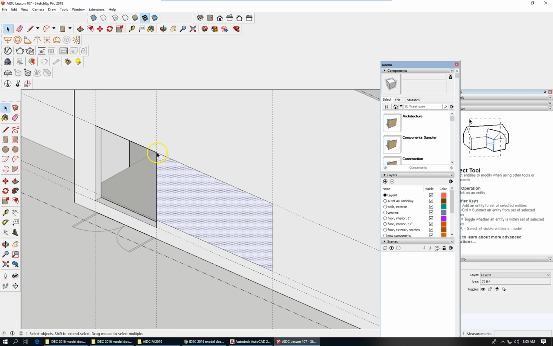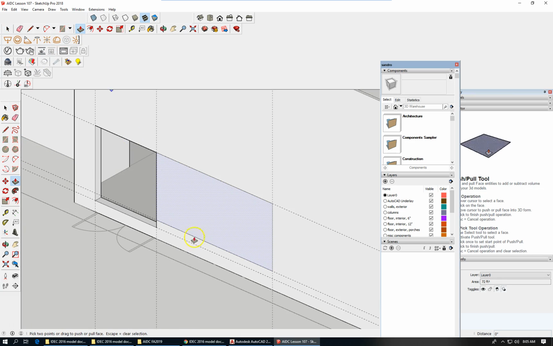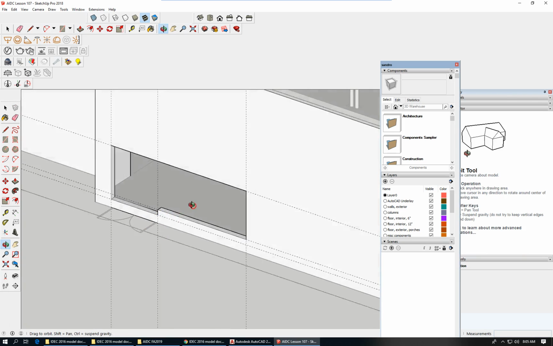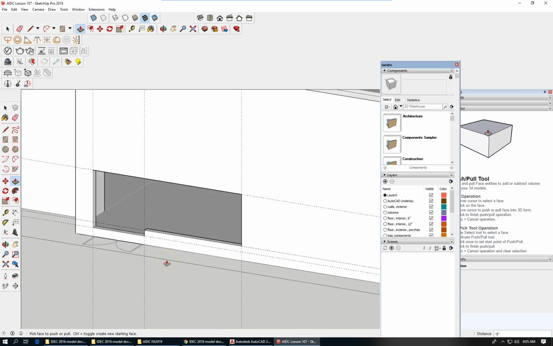So we're going to have a slightly problematic intersection there that we're going to have to deal with. That'll generate. Show you what happens if I push till it says on face. Well, actually that works. I thought it was going to leave that line in place. So there's the opening for that system